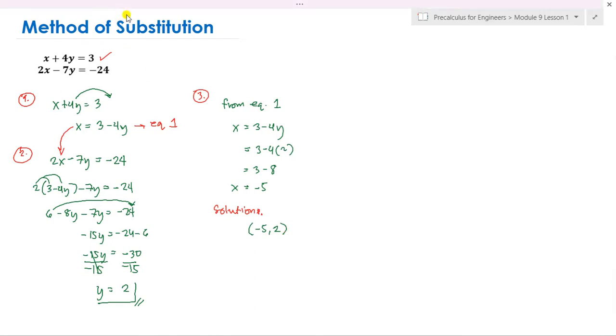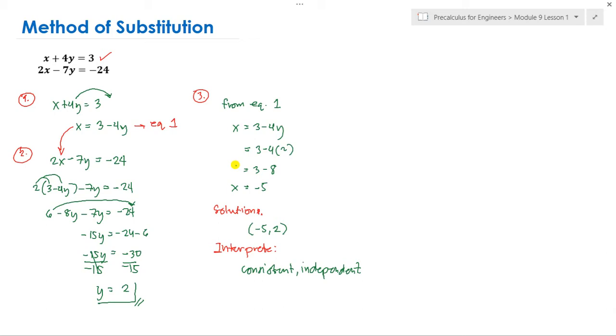If we're going to interpret this one, this would be a consistent and independent system. It is definite, like we can count the number of solutions, which in this case is one: negative 5 and 2. And actually, you can also check this one, but let's just use the graphing software to verify